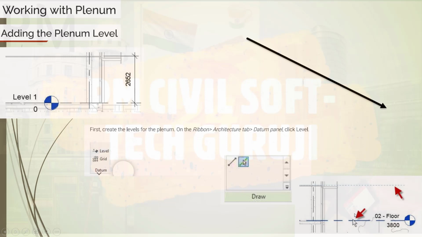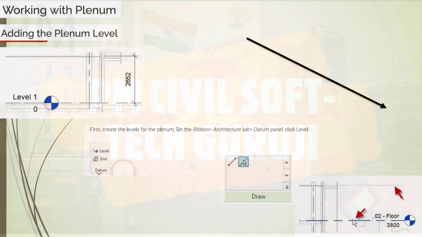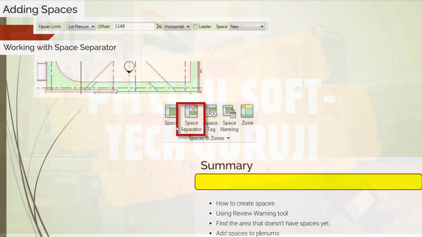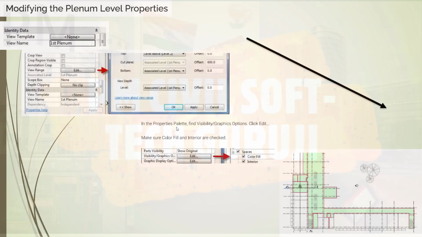Make sure you see the preview above the floor level and click the mouse, as shown with red arrows. Then create plenum levels for the first, second and third floor. Rename them as Plenum Level 1, Plenum Level 2, Plenum Level 3.